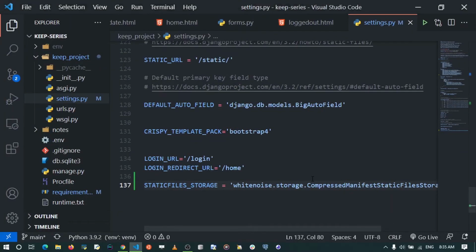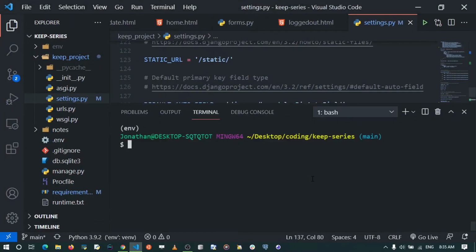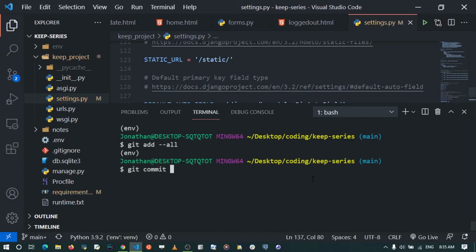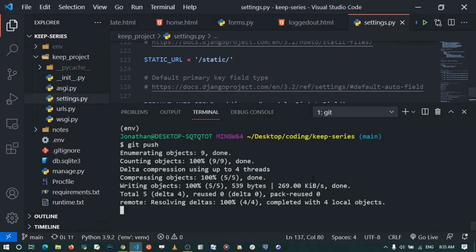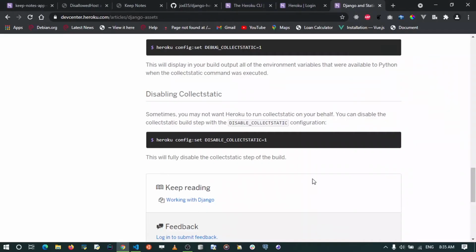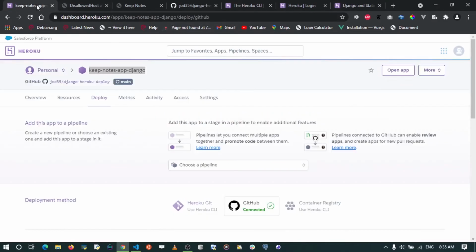So after that is done, we are going to try to redeploy the application. So we are going to add and commit, so let's just say add whitenoise, and then we're going to just push this. So when we push, since we have automatic deploys, we are going to be able to see our changes. So let's go to Heroku, being able to deploy apps. So I'm going to go to overview,